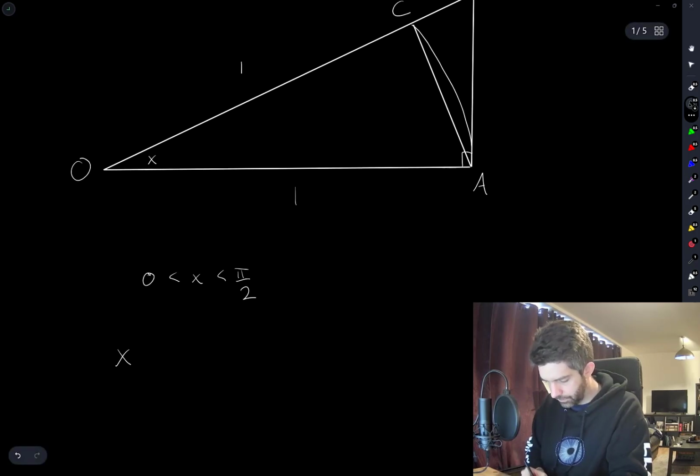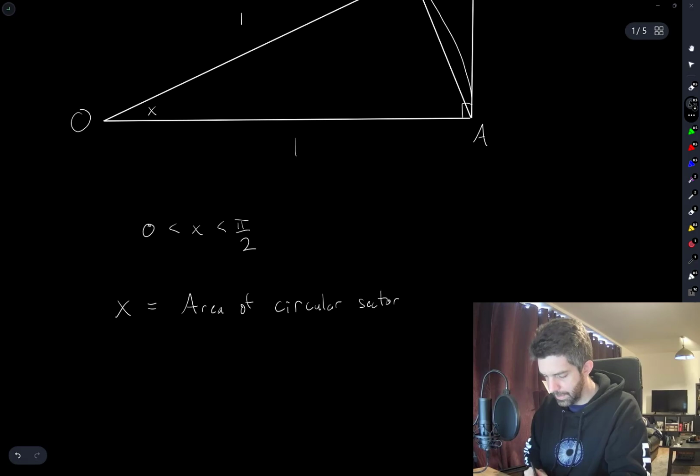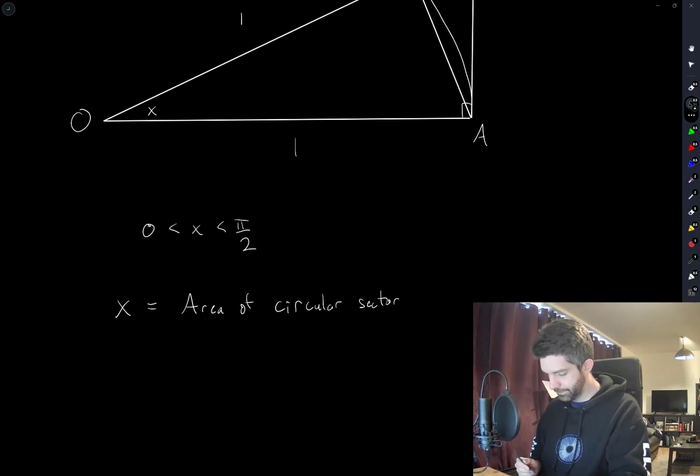Okay, so x is in fact equal to the area of circular sector. Well, no, it's x divided by 2. Okay, the area of the circular sector should be